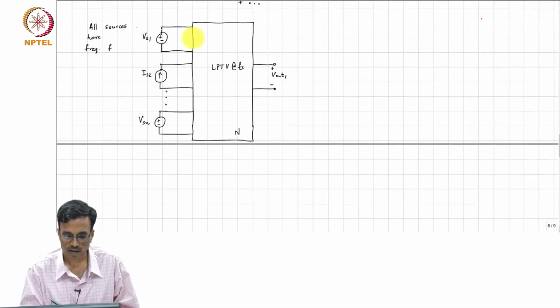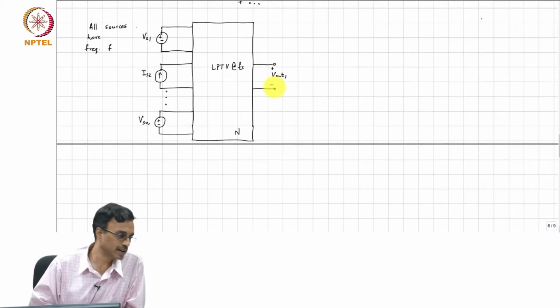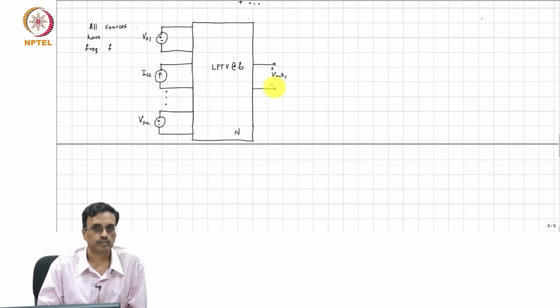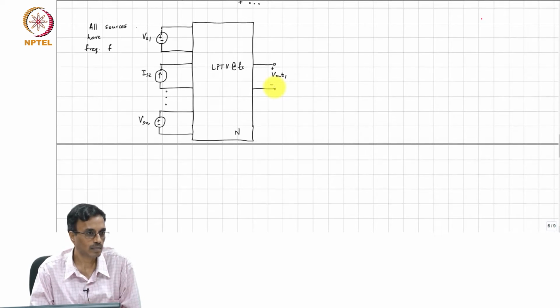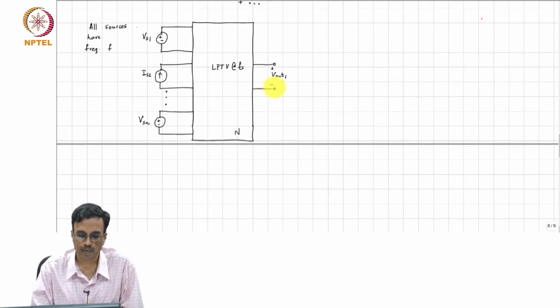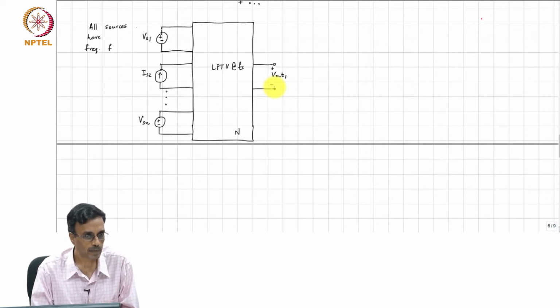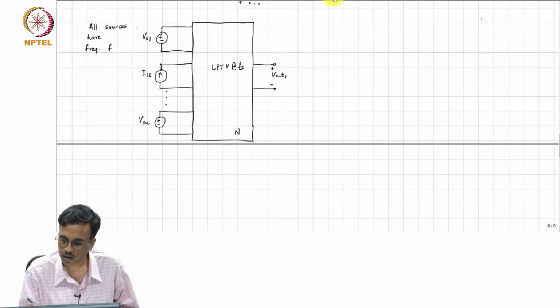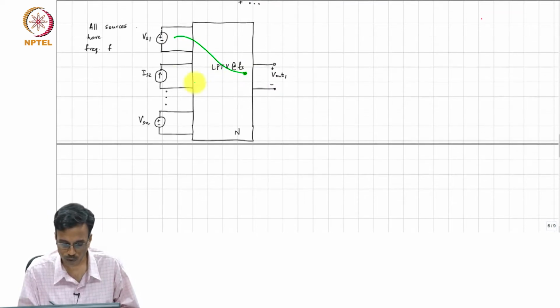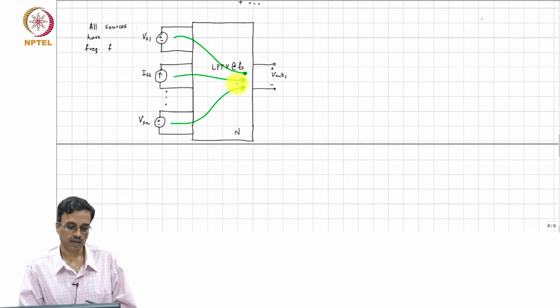So, to find the output at f, what would we do? What would we have to do normally if we did not know about reciprocity? You have to apply the operation at every source. So, basically we would apply superposition, right. You analyze the network one source at a time and find the transfer function from Vs1 to the output, from Is2 to the output, and from Vsn, the nth source, to the output, right, and that is a very laborious process.